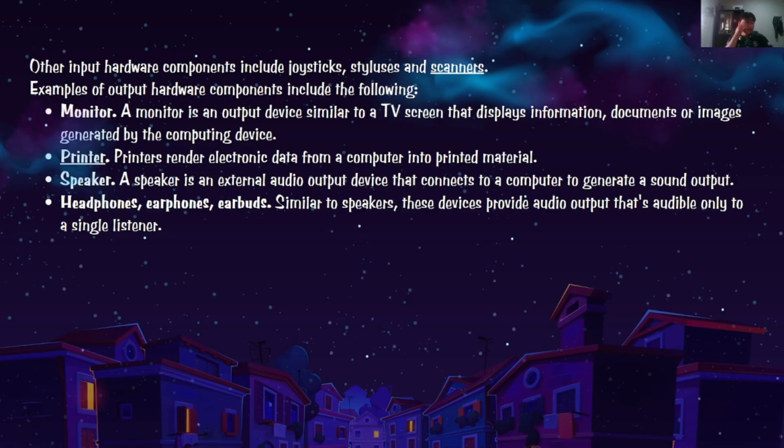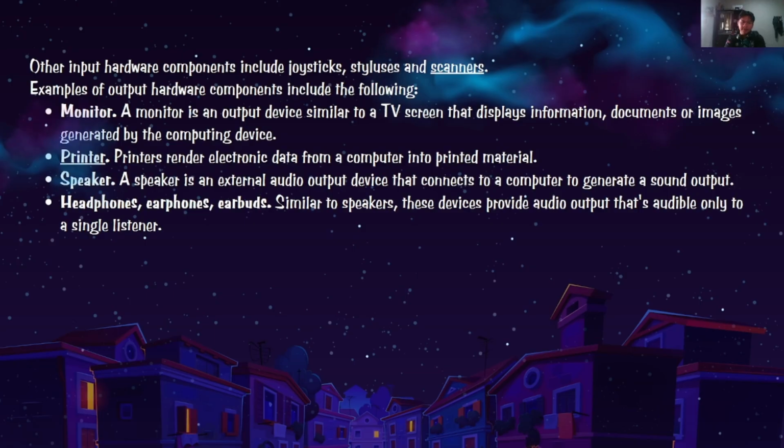Examples of output hardware components include the following. Monitor. A monitor is an output device similar to a TV screen that displays information, documents, or images generated by a computing device. A printer renders electronic data from a computer into printed material.